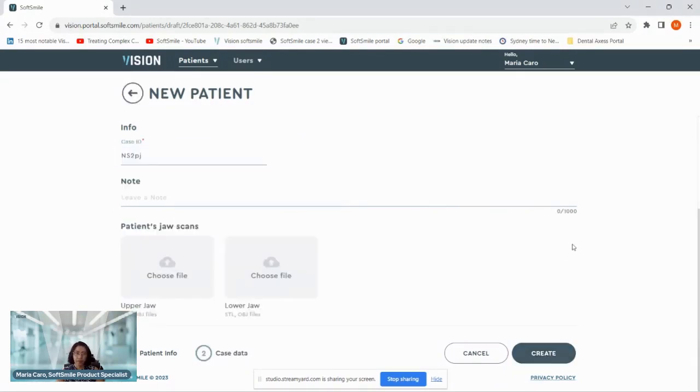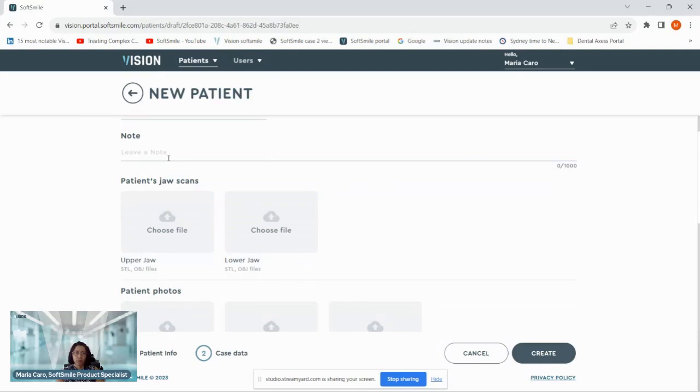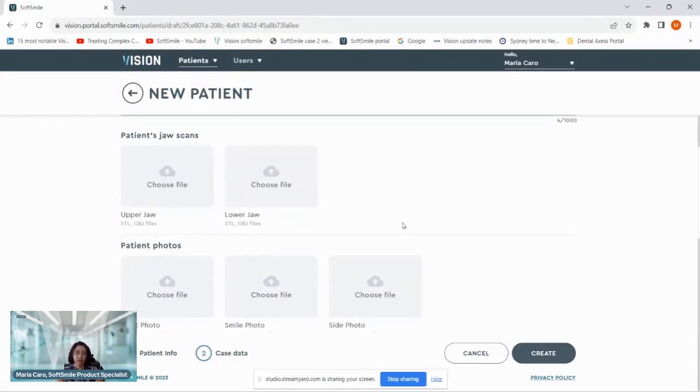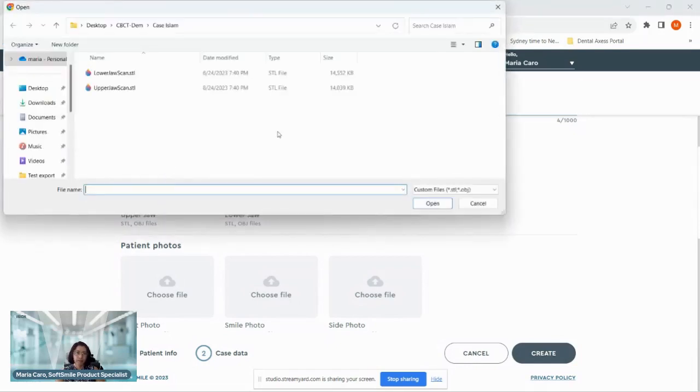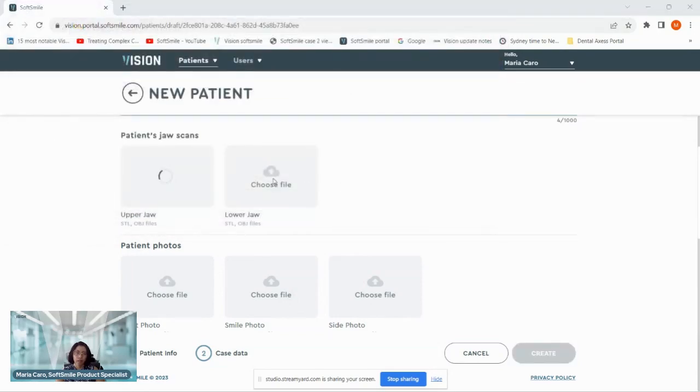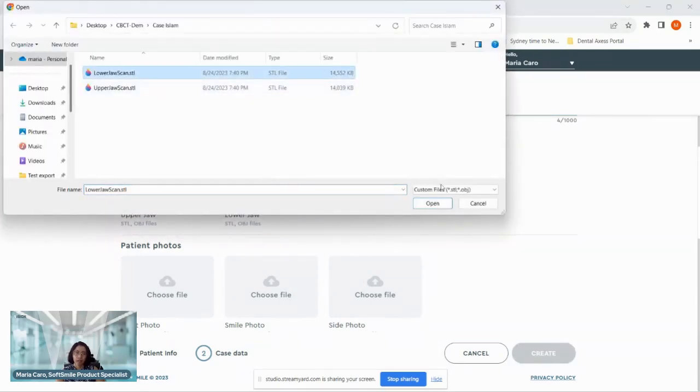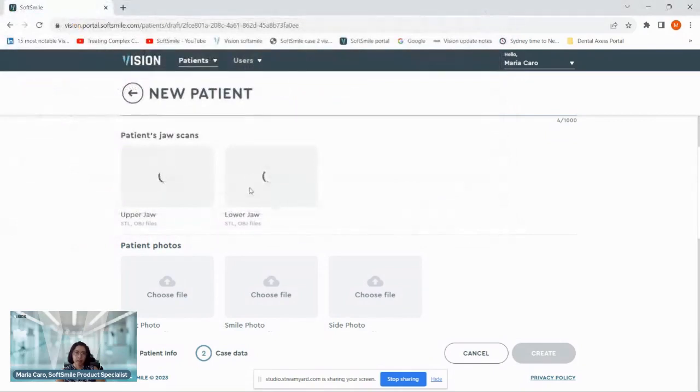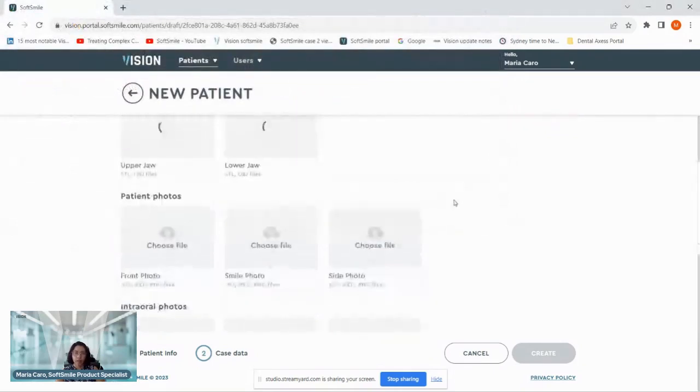We'll click next, and then we'll go into any notes that we can add to the case that may be seen throughout the case as we manipulate any of the items that we need. And then we'll go ahead and add our upper and lower STL files. So we'll click into the cell, select our upper, and select our lower. And while those are uploading, we can continue to look through and see if we're going